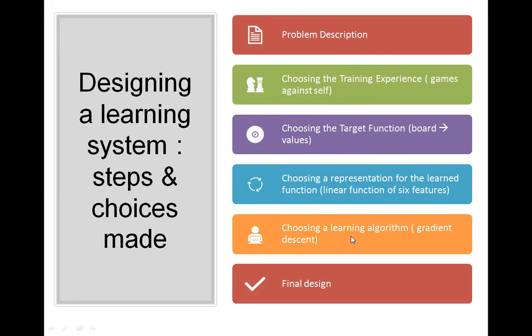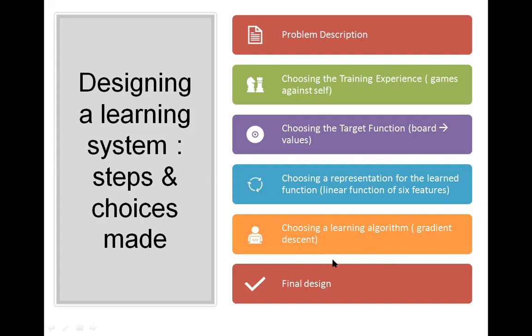The learning algorithm here is nothing but to update the weights and to calculate the board values. You can choose any learning algorithm, any weight update algorithm. A lot of algorithms are there: gradient descent learning algorithm, least mean square weight updation algorithm. Okay, we have to study. I will discuss those things in detail in coming chapters. Remember this gradient descent learning algorithm, which we can use here in this case. So then we'll get the final design.